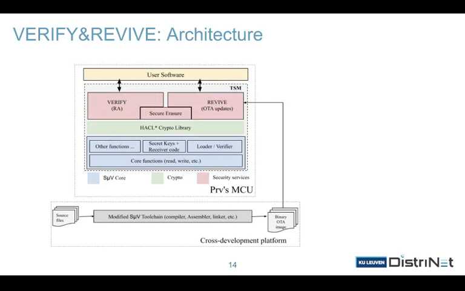Leveraging the Security MicroVisor, the architecture of Verify and Revive is shown in the figure. Verify and Revive are deployed as two trusted software modules on top of Security MicroVisor. The untrusted software can only interface with either Verify or Revive. It has to invoke, of course, Verify to run the remote attestation routine upon receiving an attestation request.